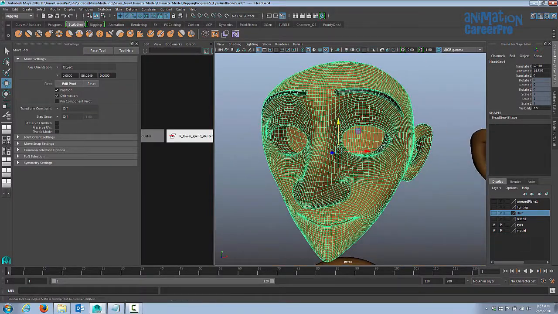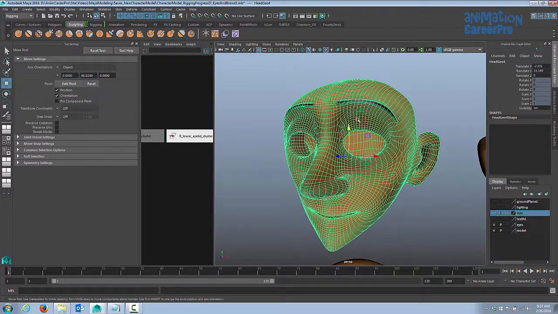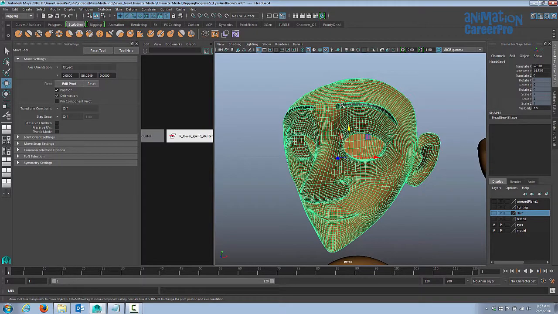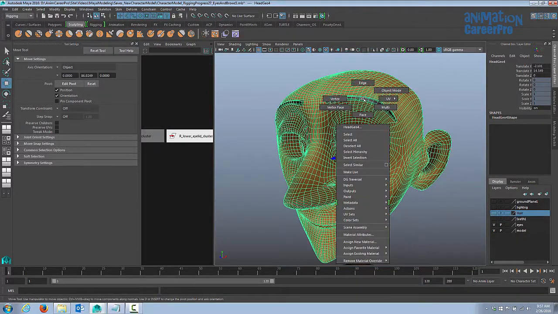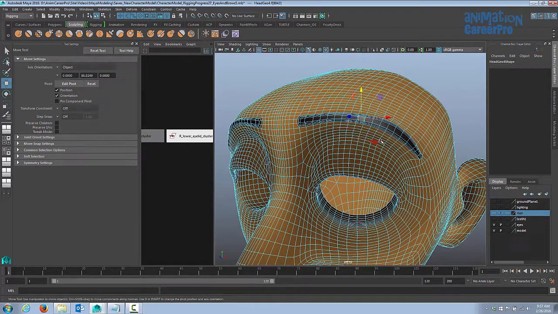So there's a couple different ways to modify your mesh. We can use a lattice, and we can use soft selections. And I think I'm going to use a combination of both. So let's just take a look at soft selections first. If you took the modeling class, you'll know what it is already. We right click over our model and we choose face. You can choose face, edge, or vertex, it doesn't really matter. But I'm going to choose face, and we'll just select one of these faces here on the brow.